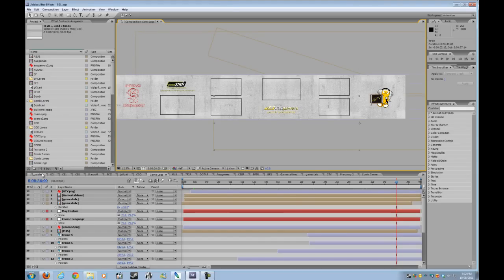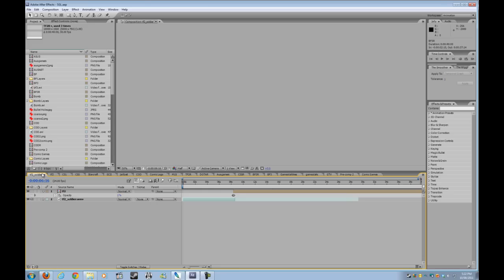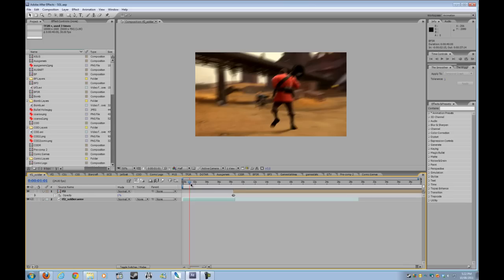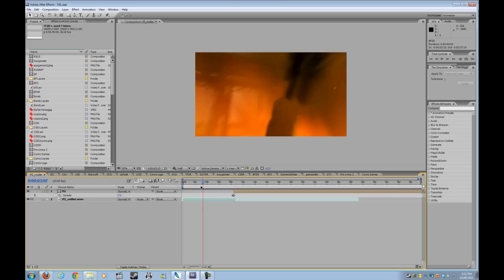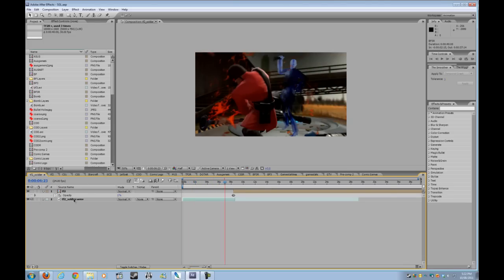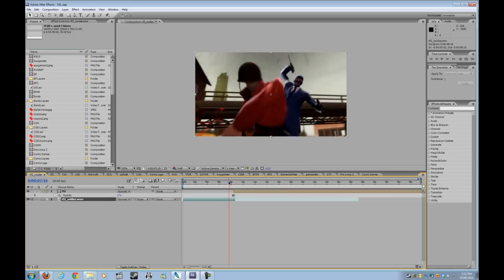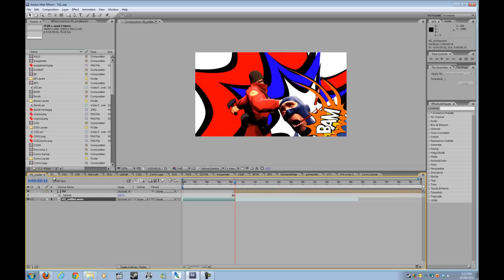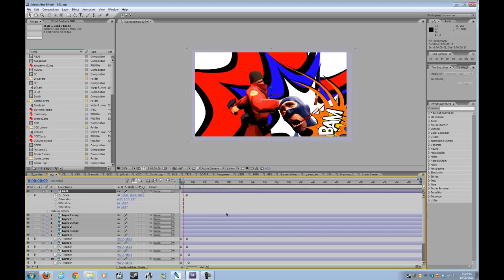And so that's when I worked on the footage on its own composition. So one composition had the TF2 footage, the soldier trailer. So you have the footage file down here, and then the top layer is actually a completely different composition, which is actually